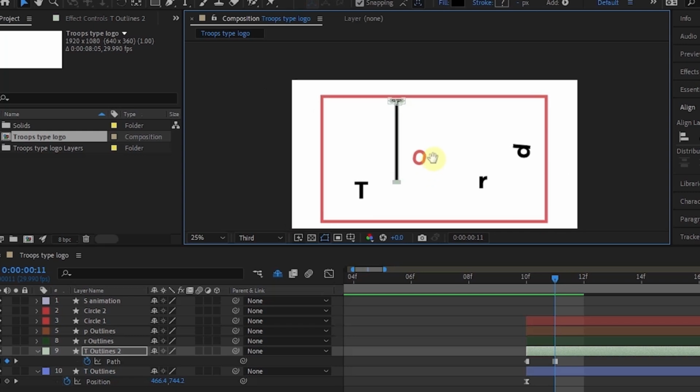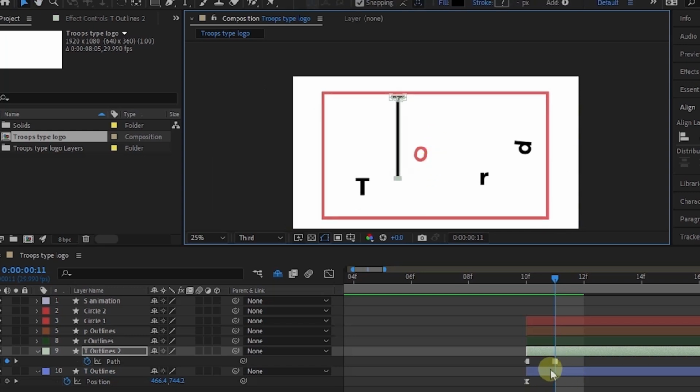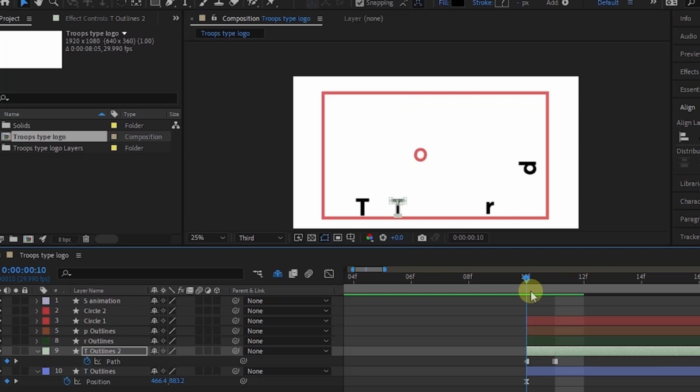Just like this. Okay, so now that we set this keyframe here, the T will stretch from its normal shape to this shape. Okay, so we're not stretching using scales because it's not gonna look good. It's gonna look horrible if you stretch with the scales. And then move this